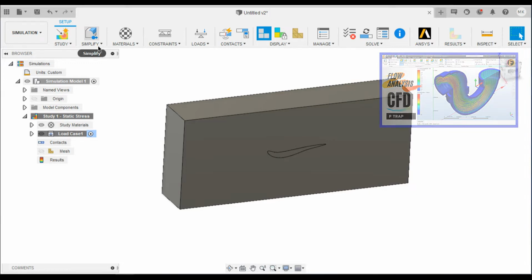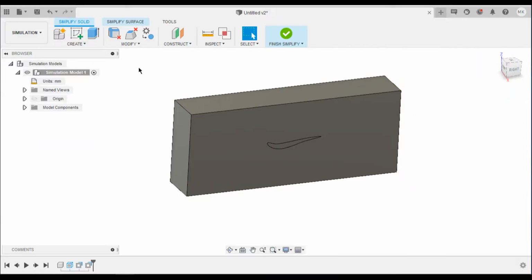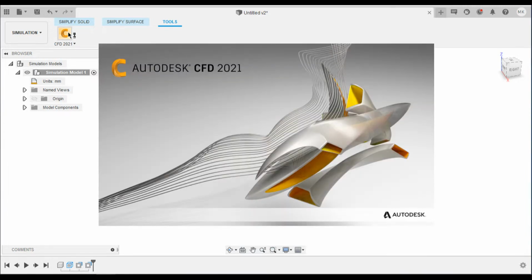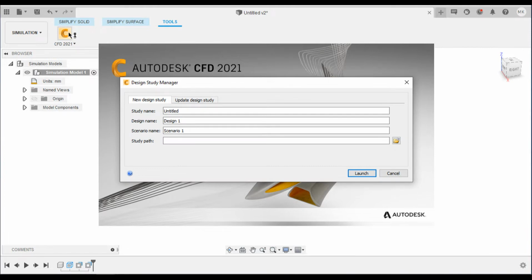From here we're going to click simplify, and inside tools you'll have an option called CFD 2021. If you click on this, you'll enter into CFD software, which pops up this model which you are seeing right now. I'm just gonna click on this CFD 2021, and it asks you to choose the study path,